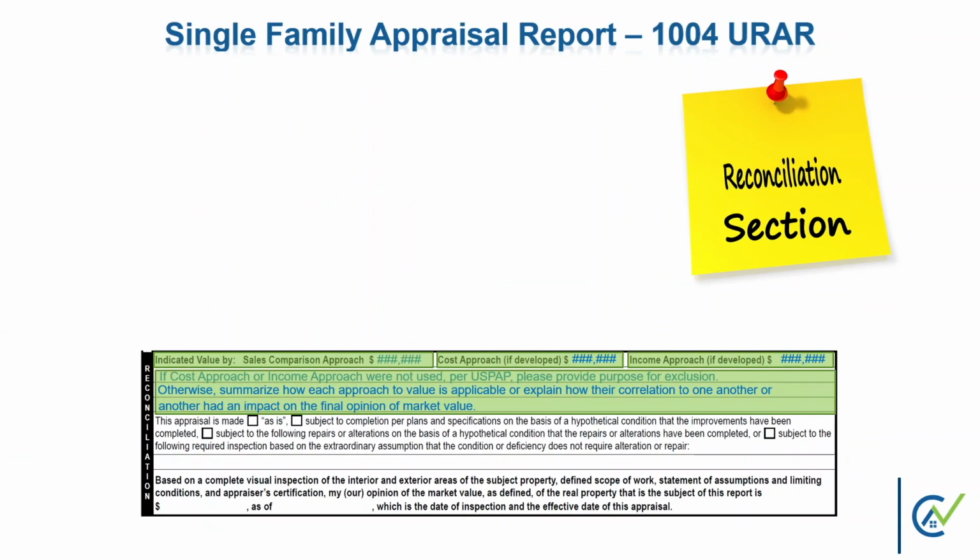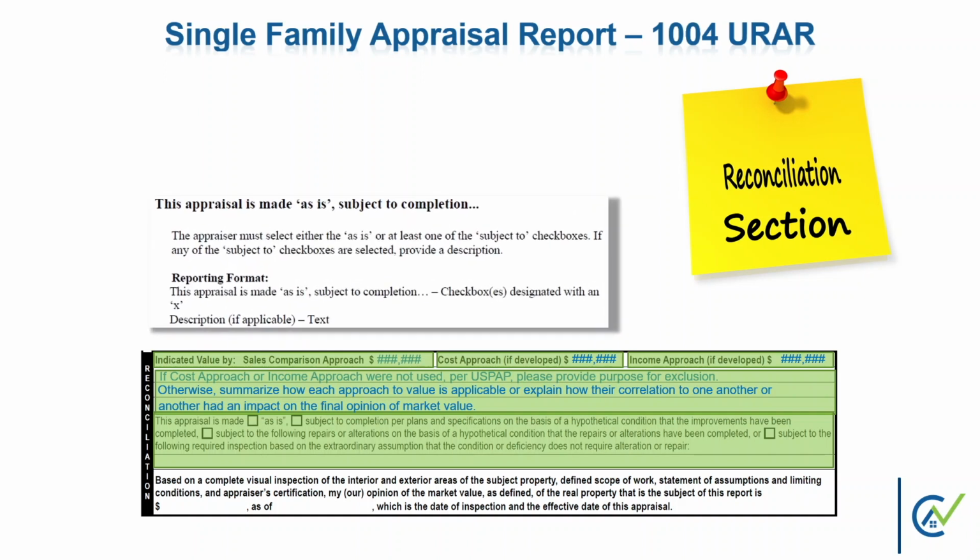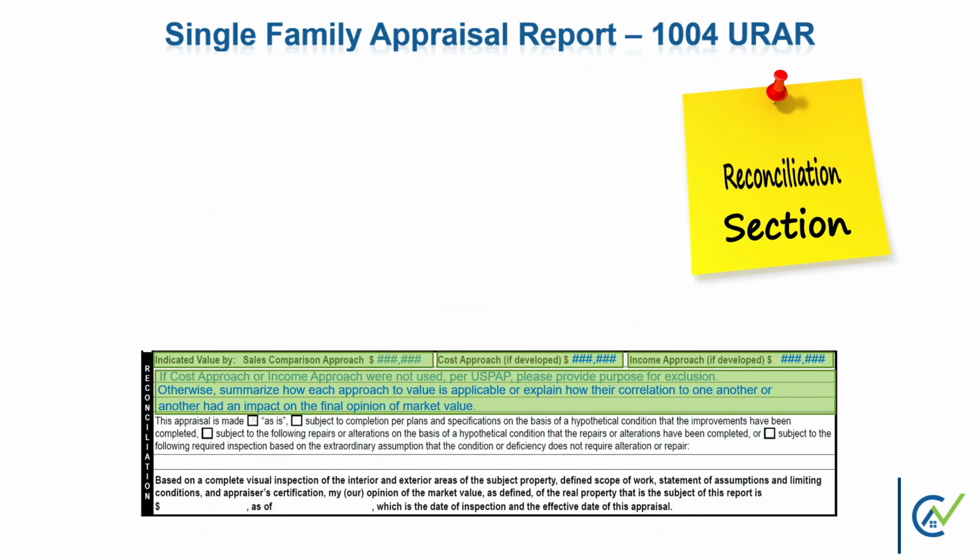Before completing the reconciliation section, the appraiser must complete the conditions of value estimate. This requires the selection of one or more of the four boxes, which are dependent on the assignment itself and the property condition. If there are no repairs, alterations, or inspections required by the appraiser, the report is completed as is. However, if repairs or alterations are required, the appraiser must indicate the extent of the repairs and note this in the appropriate section of the appraisal, or in the additional comment section, or in the addendum under a heading